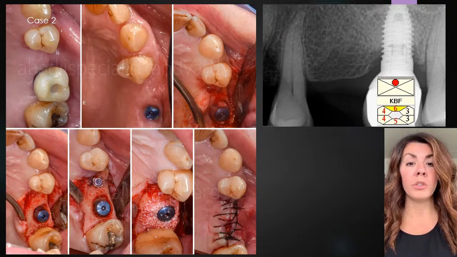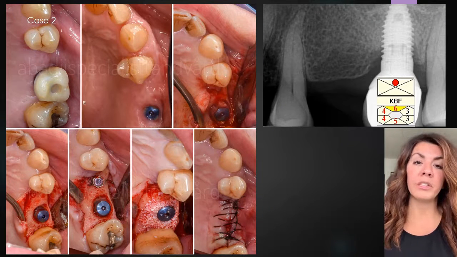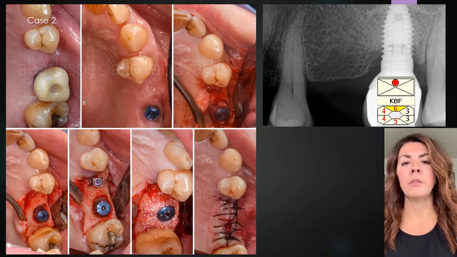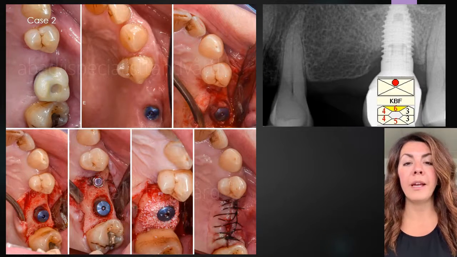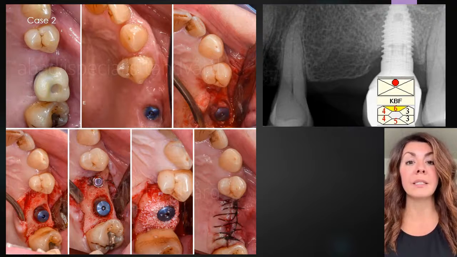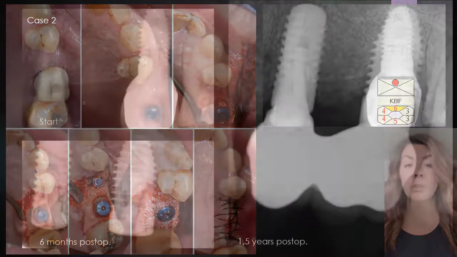So what I did was that I placed the implant in position 2.5. Then I placed my biomaterial, the BioOs, in the crater defect around 2.6. When that was done, I placed a collagen membrane over both implants, and then I had some submerged healing for 6 months. The results showed